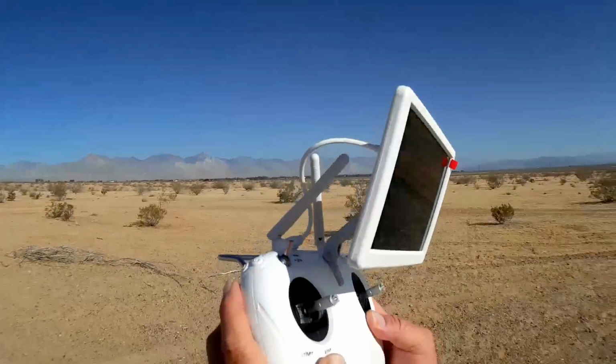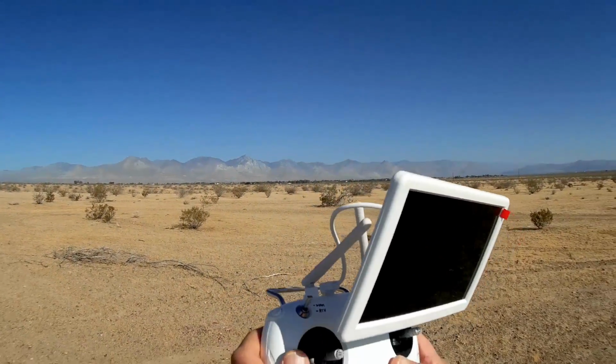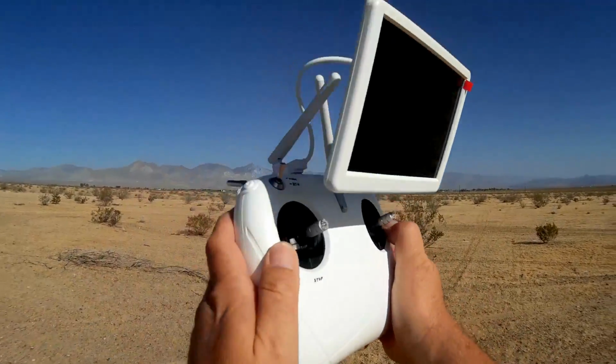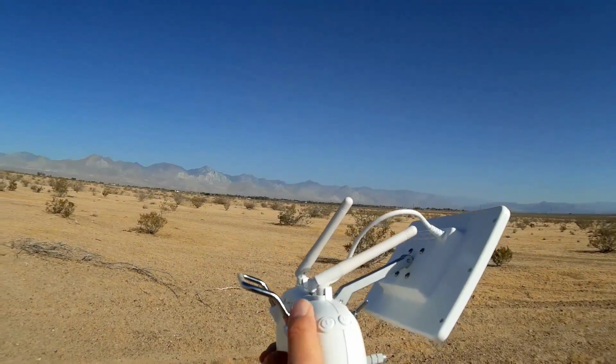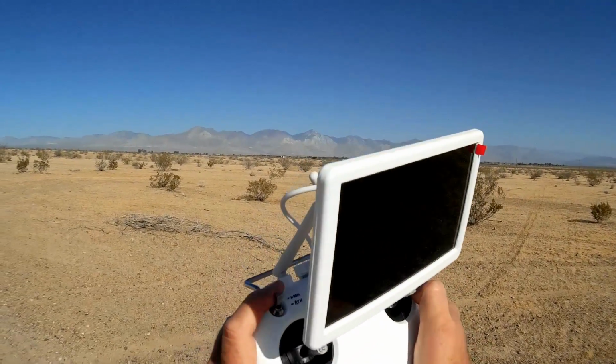transmitter. They call it an ergonomic design. It does feel good in your hand. It looks similar to the DJI transmitters. The button on the front here activates the camera. The back button takes a photo. You can fly